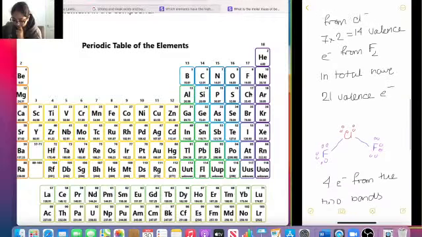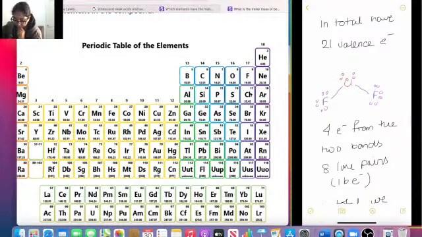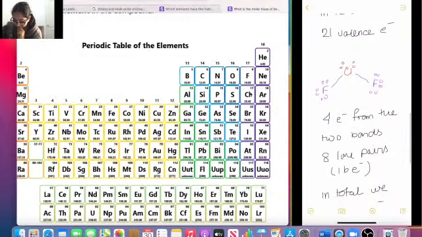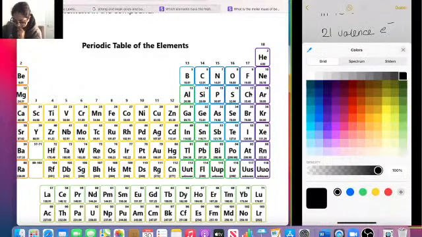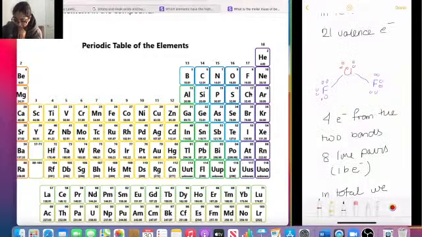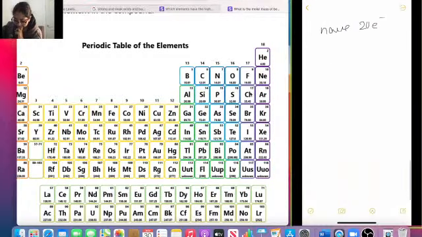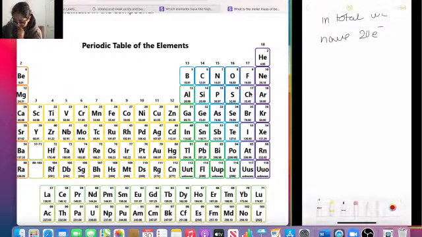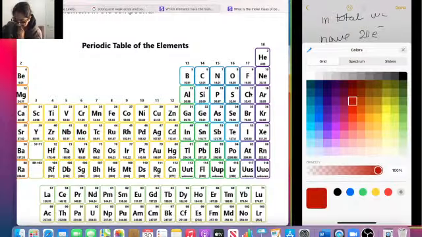But recall we said in total we have 21 valence electrons, right? So since we're missing 1, which is because the chlorine over here bonded with 2 fluorine atoms, your central atom is chlorine and it would have a positive charge, a formal charge of +1. Okay? And now if you were to do C,